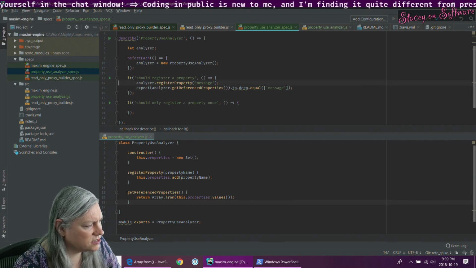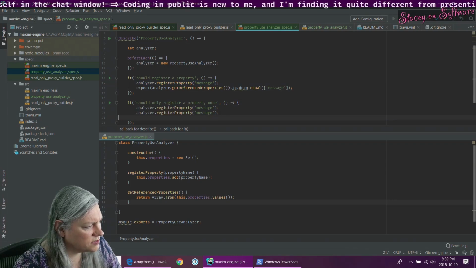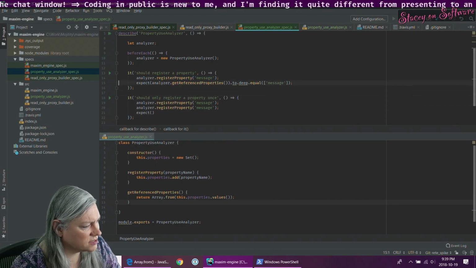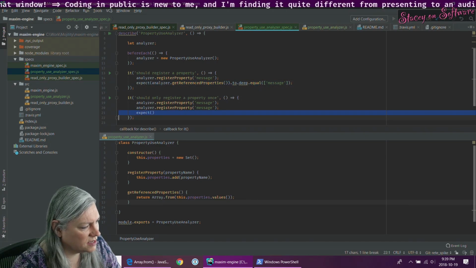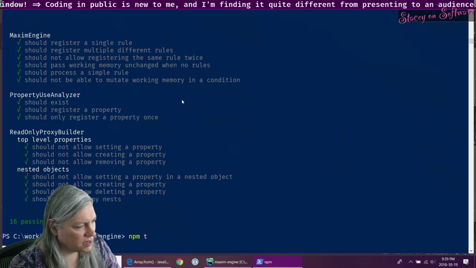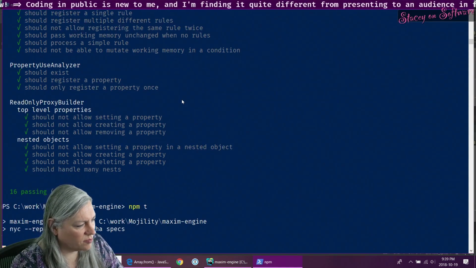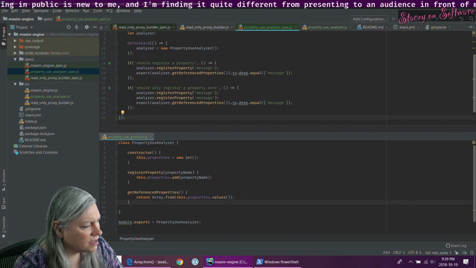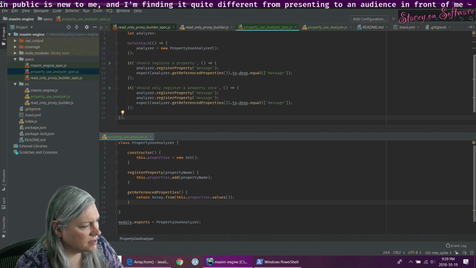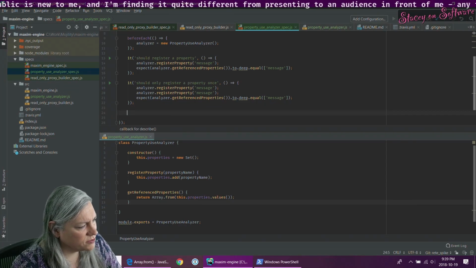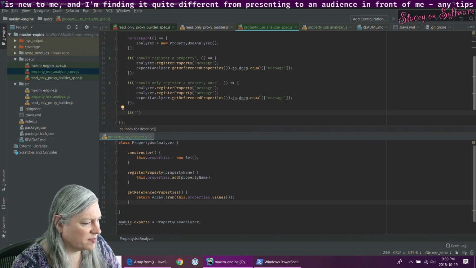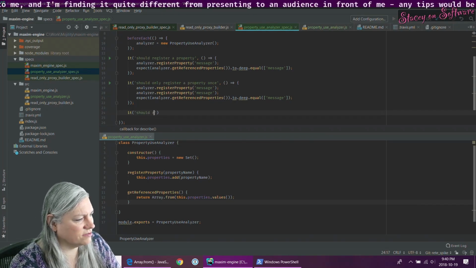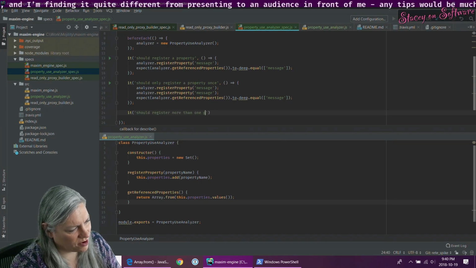And now I can just do that. And actually it's the same expectation, isn't it? Ought to help us. Yeah. I suppose just to be complete, and I know this is going to pass already, it feels like I'm just yak shaving here, but I want to register one property.